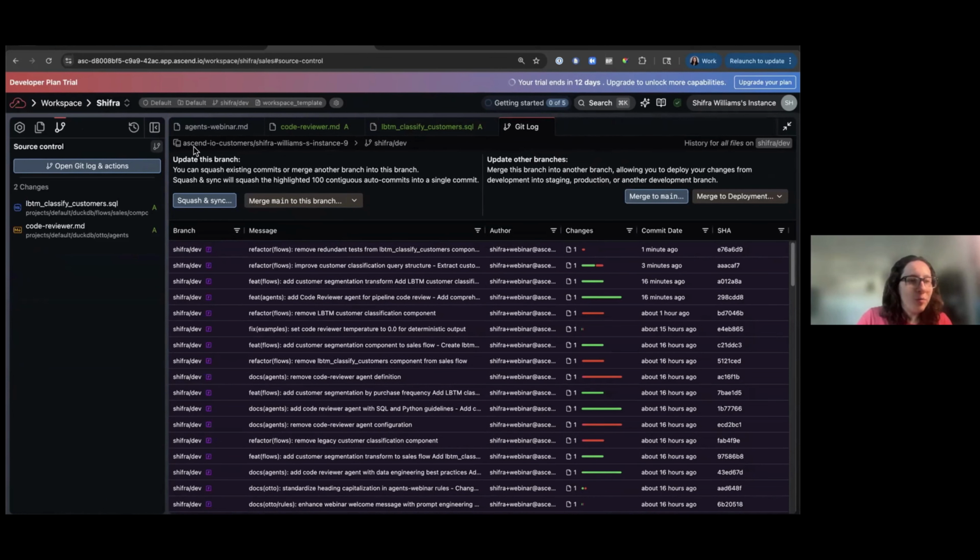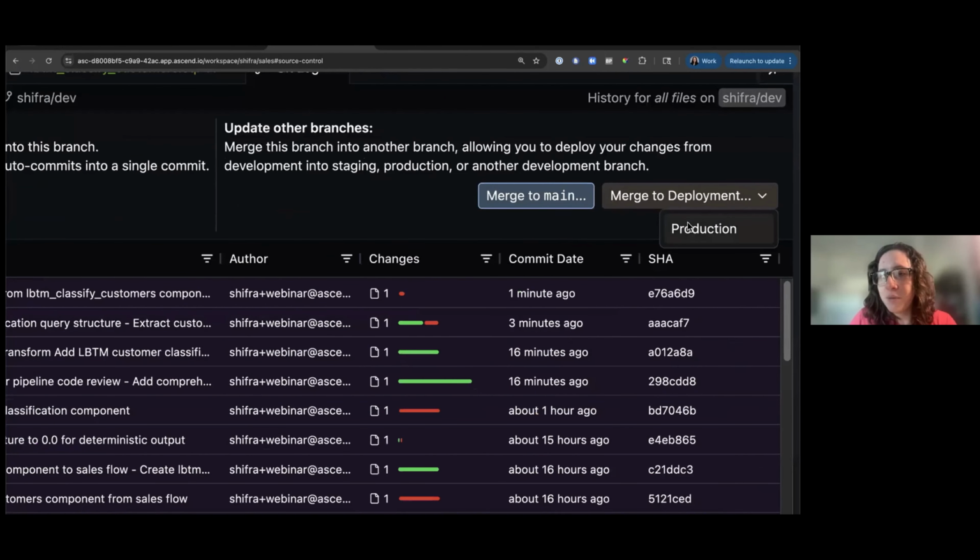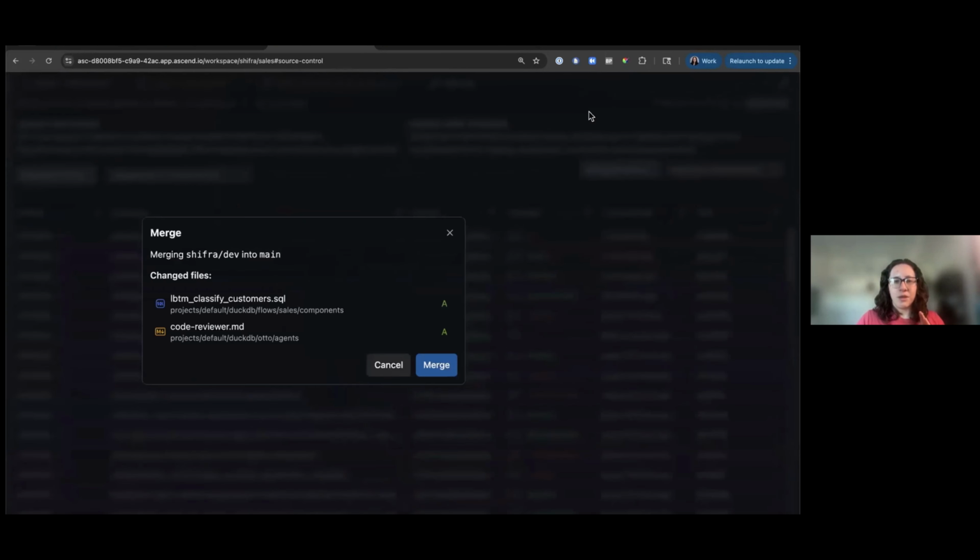So now that we have opened our Git log and actions by clicking this button, we're in this Git log tab. And all we have to do, folks, is click merge to deployment and then click the deployment we want to merge to. Because this is a simplified environment, we don't necessarily have the gold standard of development, staging, and production. We really just have production for y'all, but that's just to keep things super simple on the resources side of things. So all we're going to do is click that merge to deployment, click that production button, and we're going to